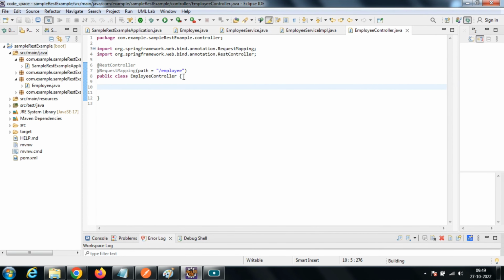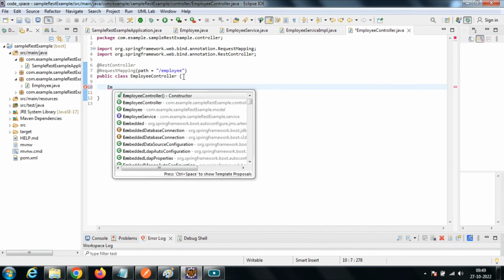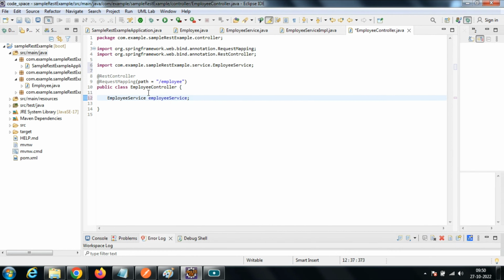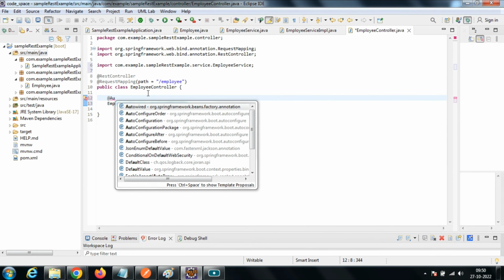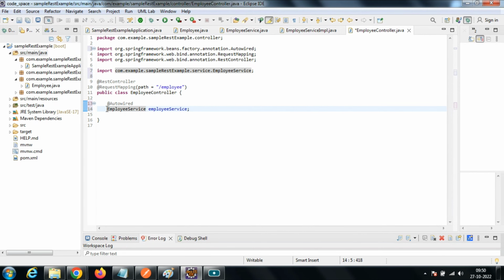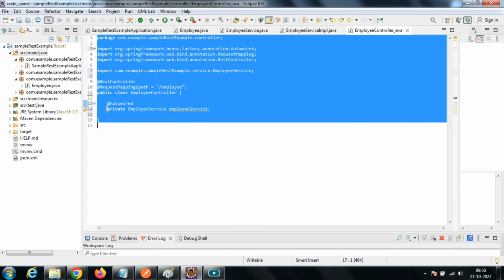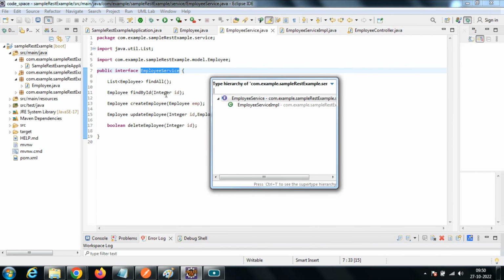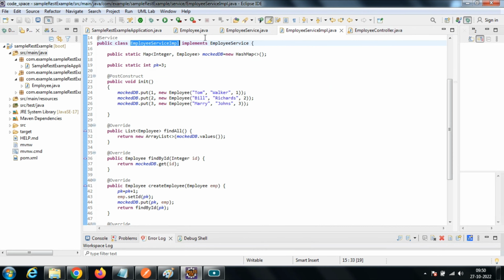Now we need to call the business methods which we have implemented. So we will be injecting EmployeeServiceImpl through its super interface, the business interface, by using the concept of Autowired from Spring, and we'll mark this as private. Now we are good to use. Now this is ready. Now we need to call all these methods. So I will be calling all the 5 methods which are defined here, and the implementation is provided in this class. So let me get started, and I'll start adding